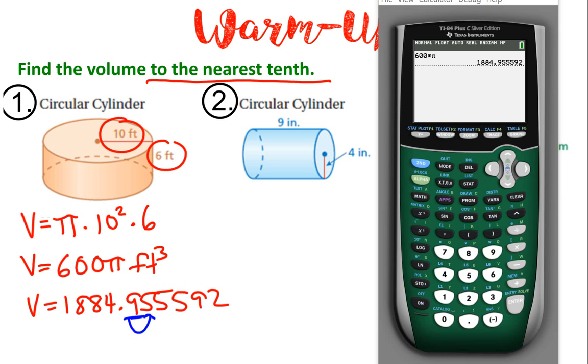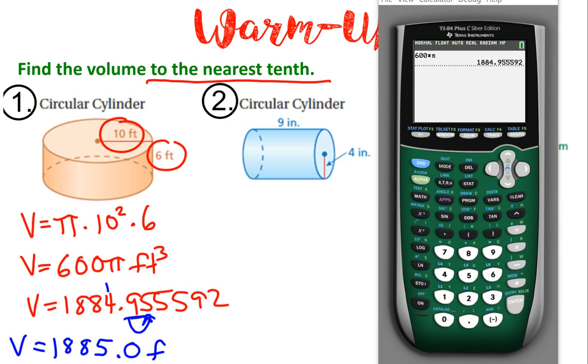So I need to look at the number in the hundredths place in order to decide what to do. The number in the hundredths place is a 5. So that means I'm going to need to round up. So I'm going to round this 9 up to 10. But when that happens, I have only one digit that can fit in that place value. So I have to carry the 1 back over here. So my answer is actually going to be